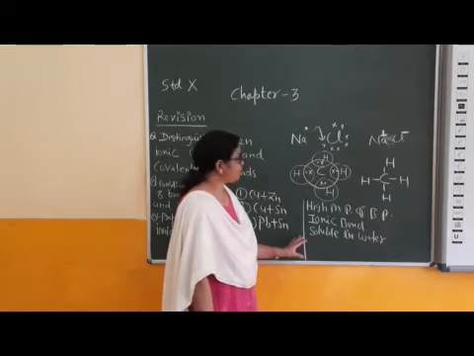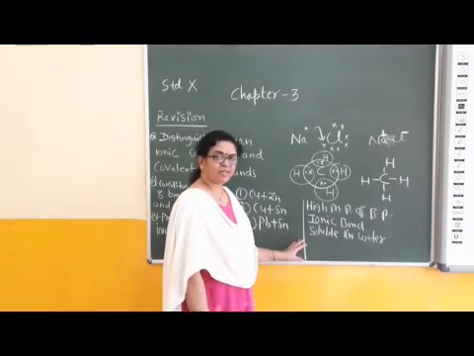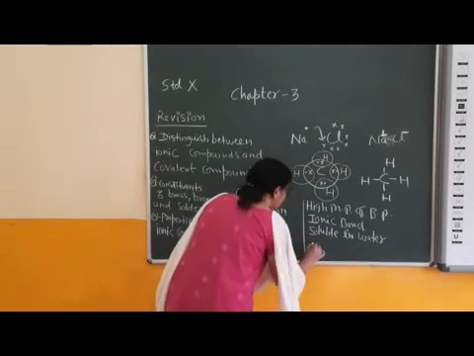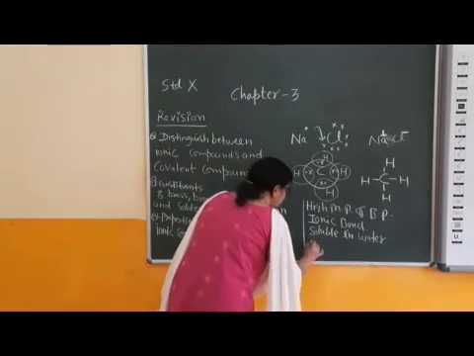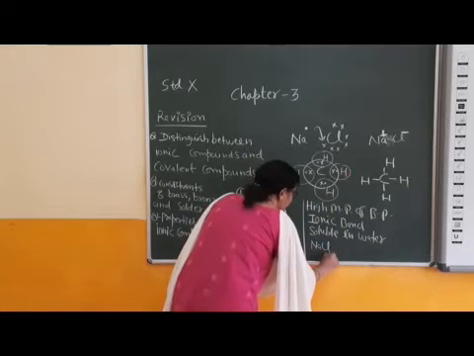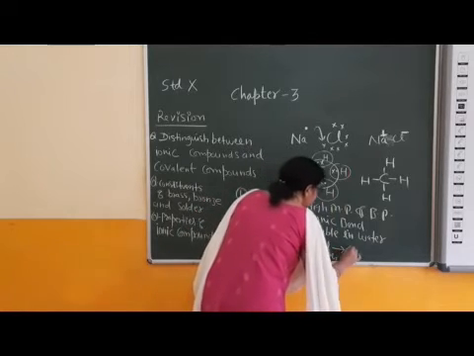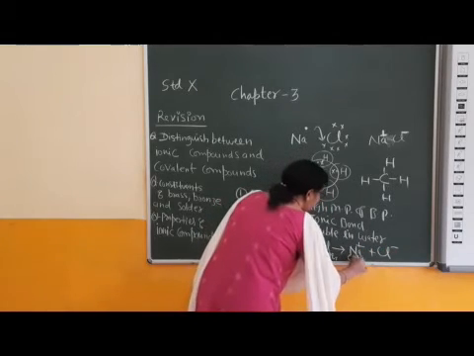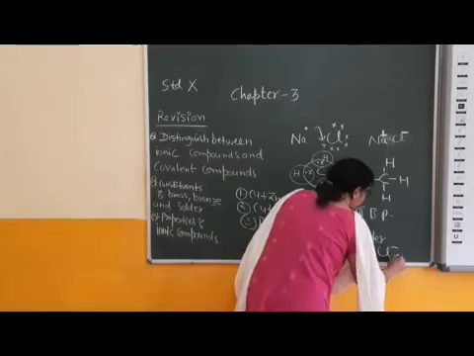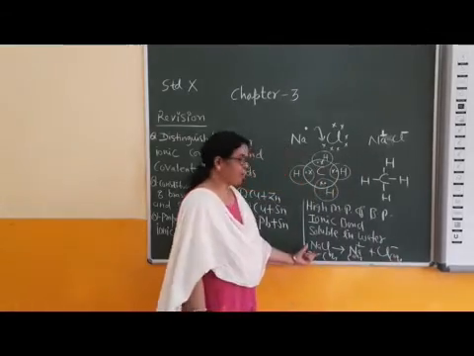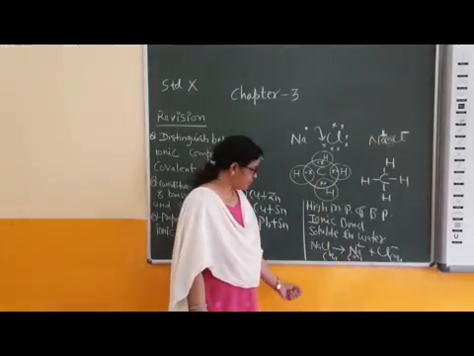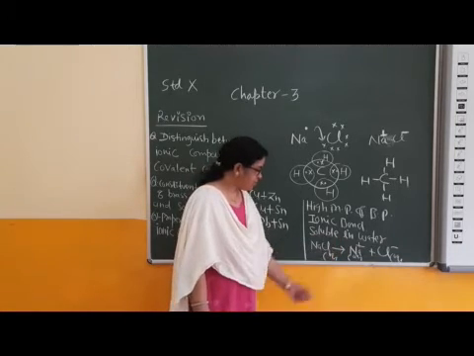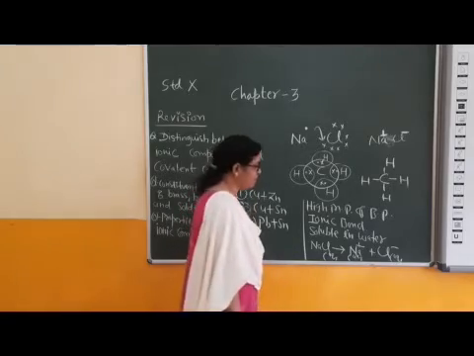Children, also good conductor of electricity either in molten state or in dissolved state. Why in dissolved state? For example, sodium chloride: when sodium chloride is dissolved in water, ions are formed and conductivity is shown by free ions. Ionic compounds are good conductors of electricity in dissolved state or in aqueous medium due to the presence of ions, or in molten state.